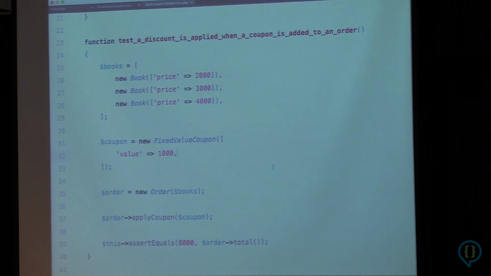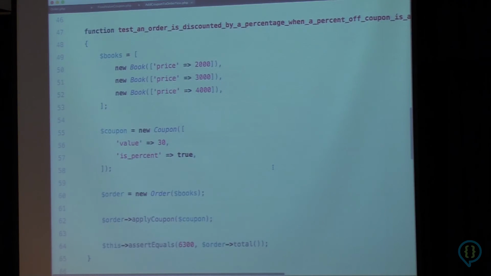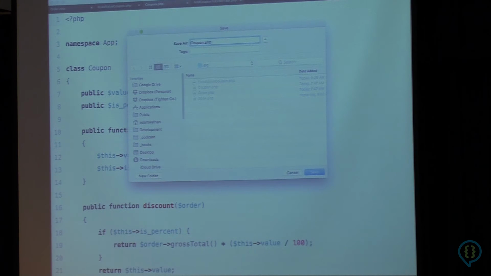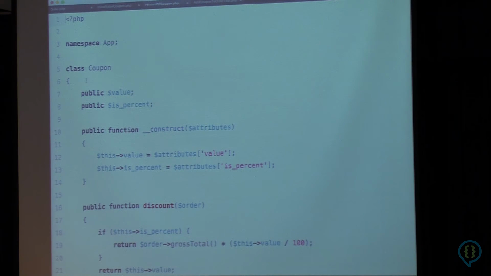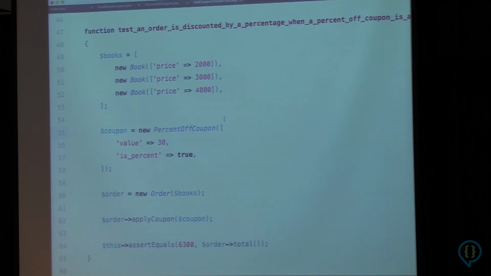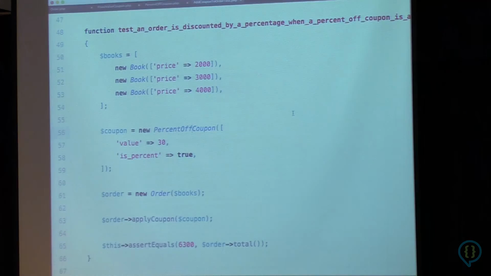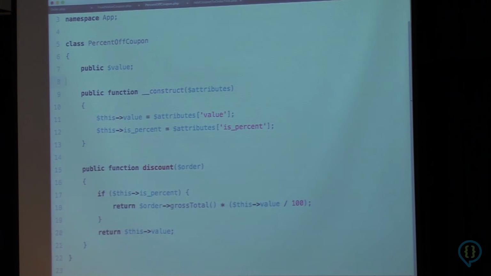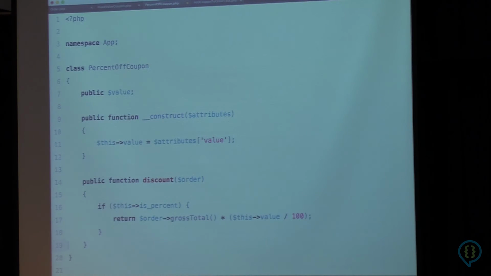We can do the same thing with the % off coupon. So here where we're discounting by a percentage, we can just pass in a % off coupon instead. We'll take our old coupon class and save a copy of this as a % off coupon, rename the class, and make sure that we import that here. And now when we run this, if I haven't made any mistakes, we're still green. And now we have the opportunity to do the same thing by removing code that's no longer necessary. So the flag goes away, the other side of the conditional goes away, and this just becomes the default case.